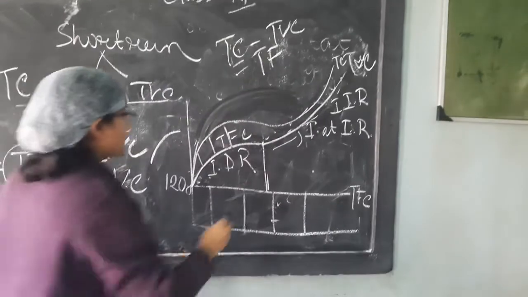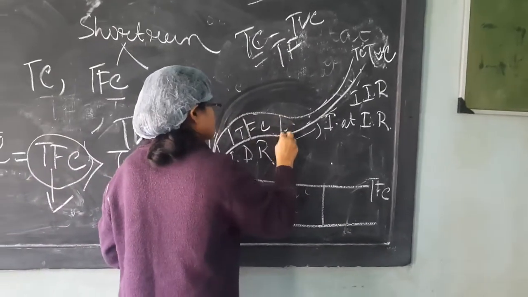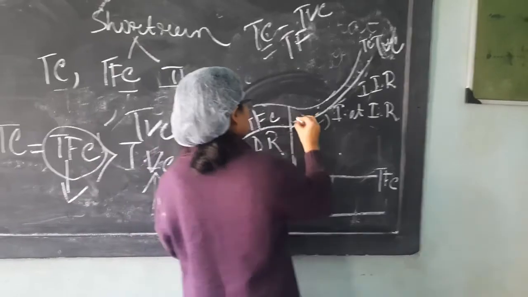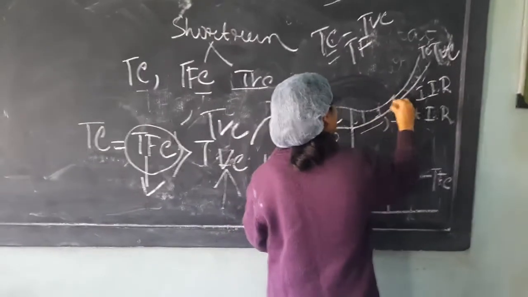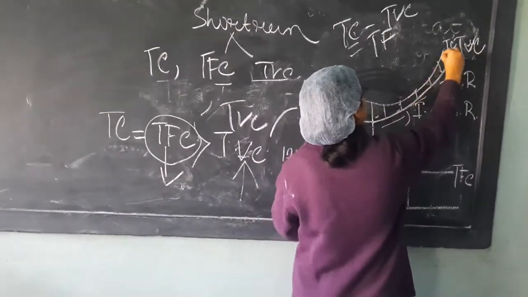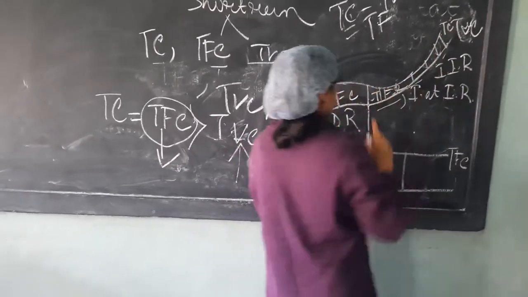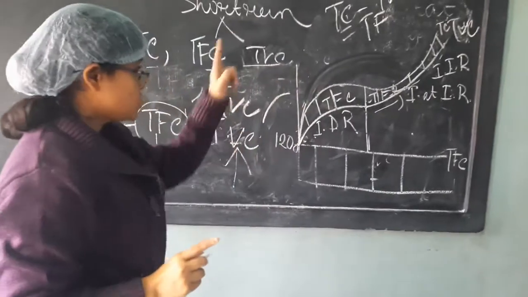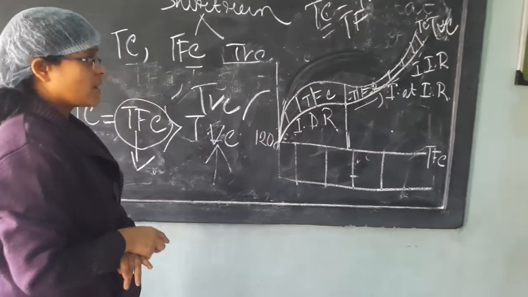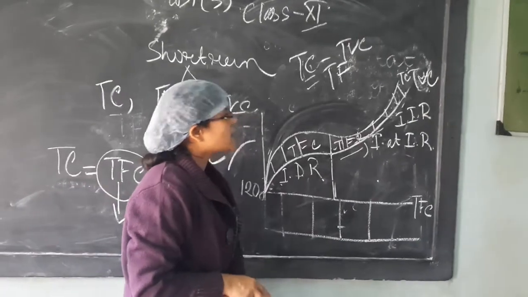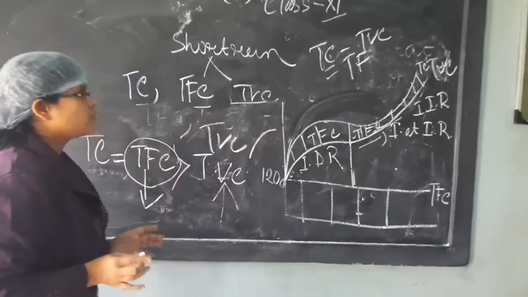Clear? But afterwards you see, up to this part TFC is more. Now from here onwards, when the PVC is increasing at a decreasing rate, what will happen? The contribution of TFC towards TC is falling down. I have given the table also. Clear? If possible, I will take an online class. I will explain this part to you once more.